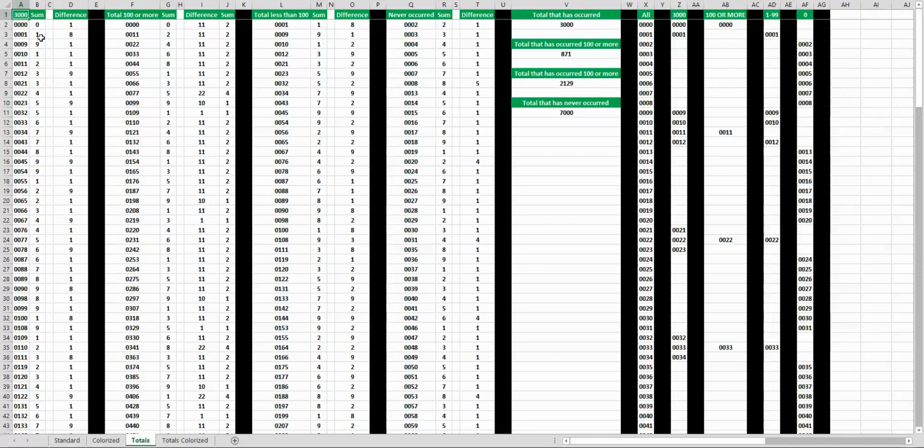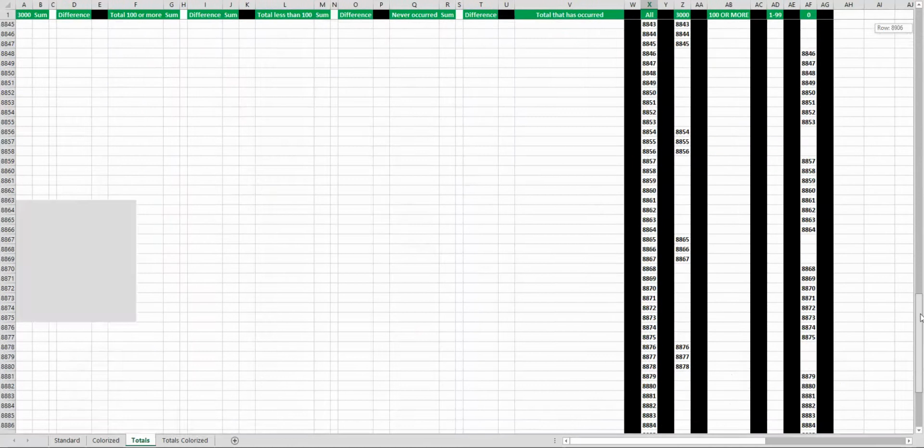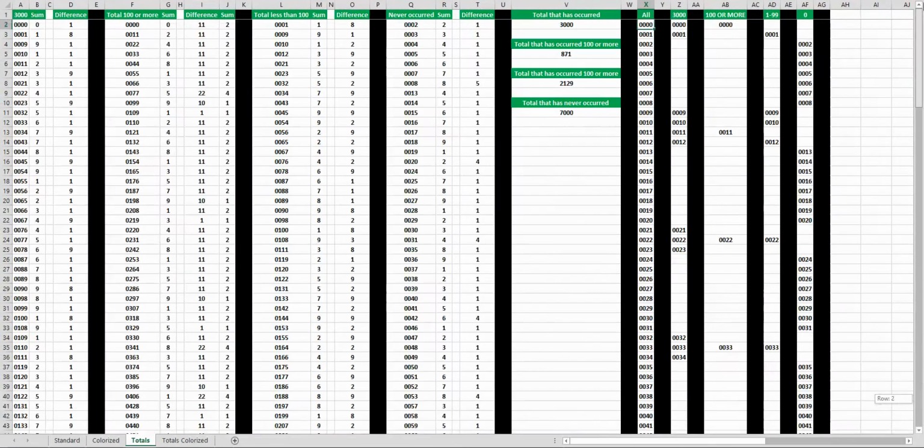I've tested this with a game that involves balls bouncing around in a hopper and computer generated RNG lottery draws. Like I said, there are 10,000 possible combinations, if you just count the numbers up each time they happen, that you can have. There's 0, 0, 0, 0, all the way down to 99, 99. Of those 10,000 combinations, for the game that I'm testing here, or one of the games, 3,000 of them have actually come about out of 227,500 movements,